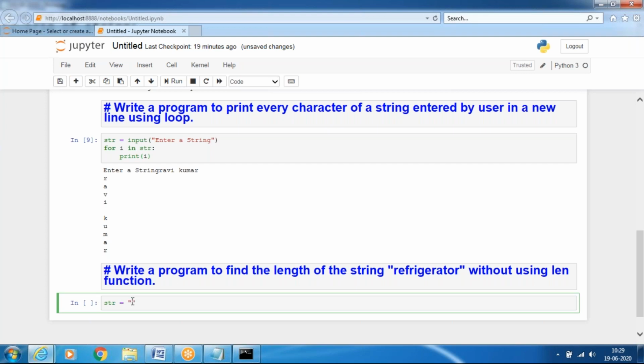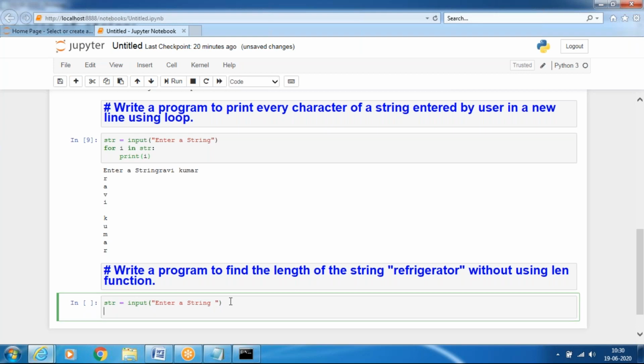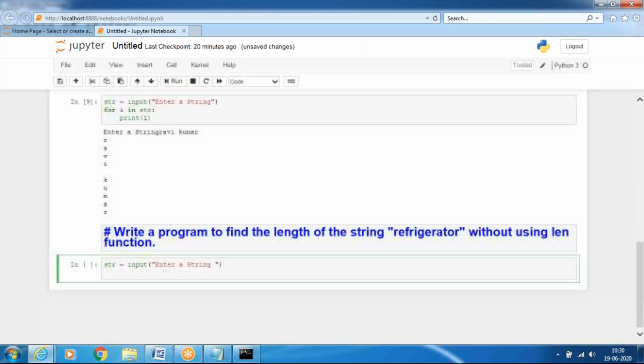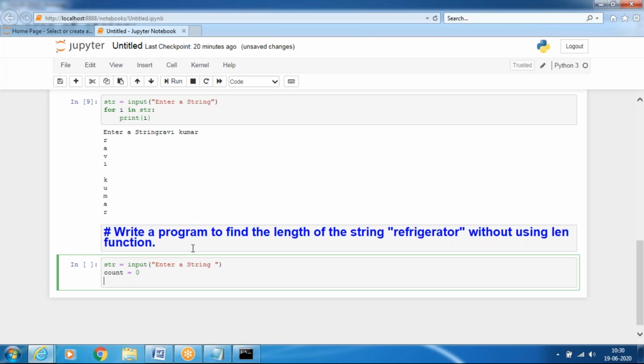Not only for refrigerator, any string you can count by using the input string, enter a string. Then we'll use a count. Initially count equals to 0.